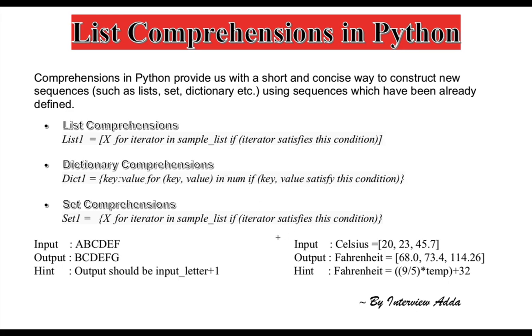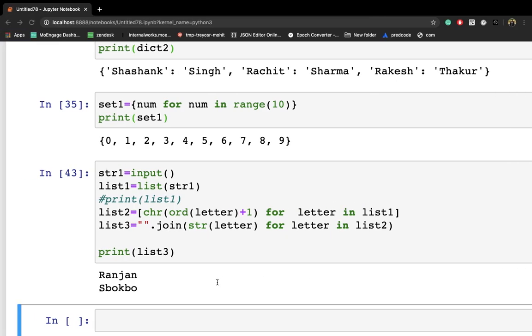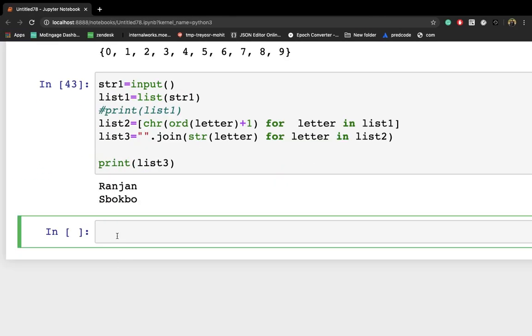Now let's see how we can achieve the second scenario using Python code, right? How can we convert Celsius to Fahrenheit? This is very simple. Let me write one variable, let's say cel, for Celsius, is equal to, let me provide a few values: 23 degrees Celsius, 23.5 degrees Celsius, 56 degrees Celsius, now 45, let's say 78, right?